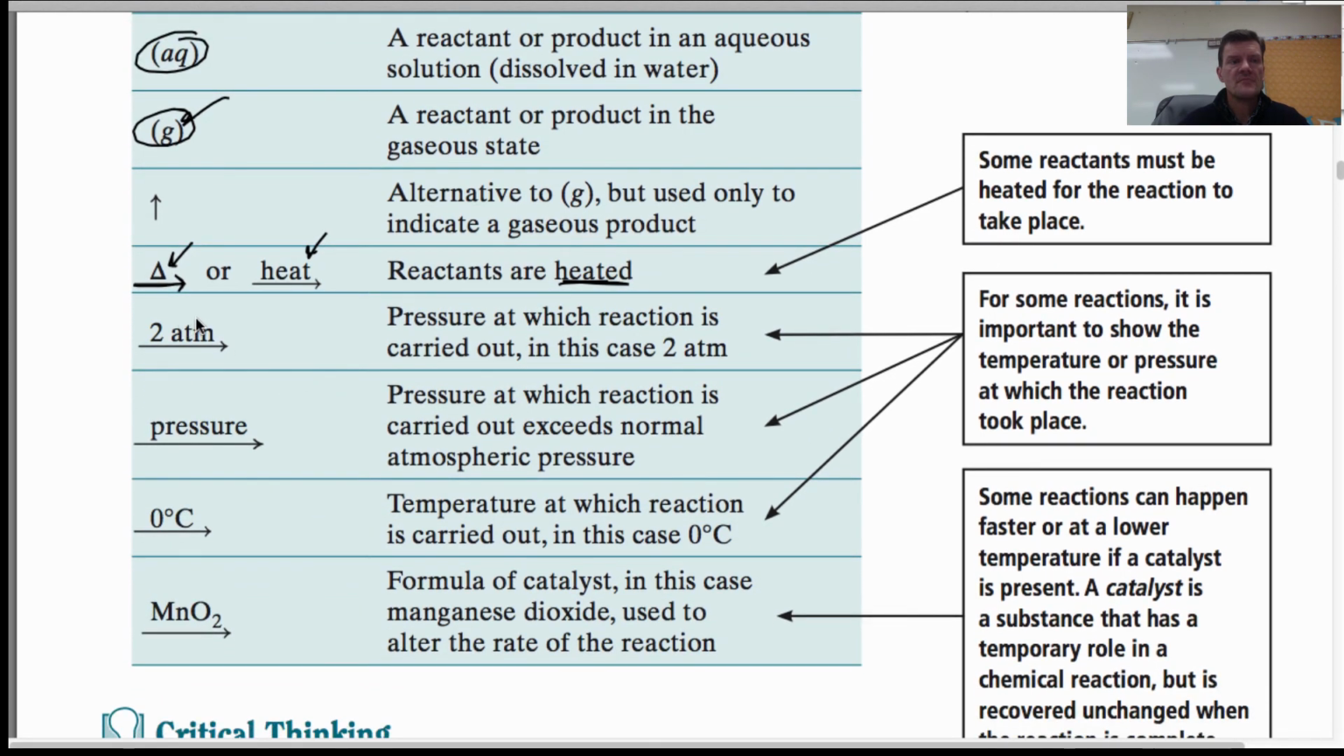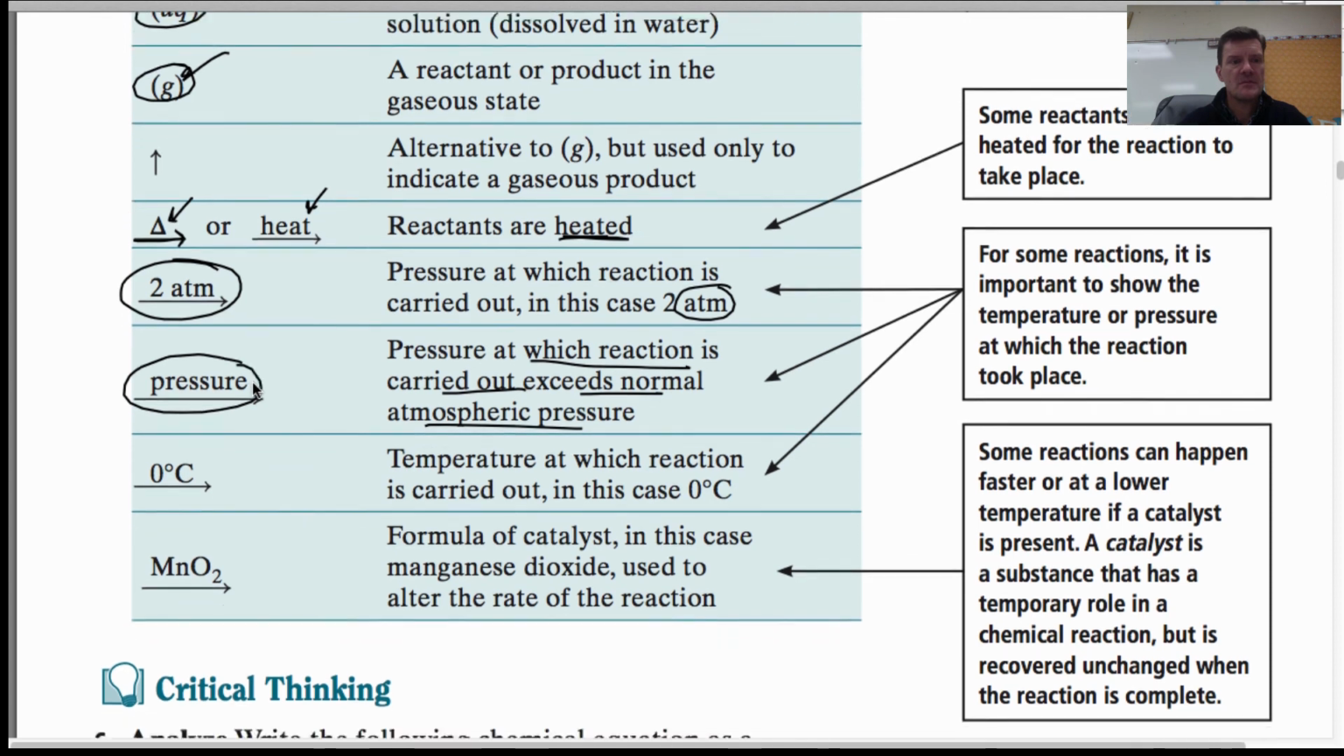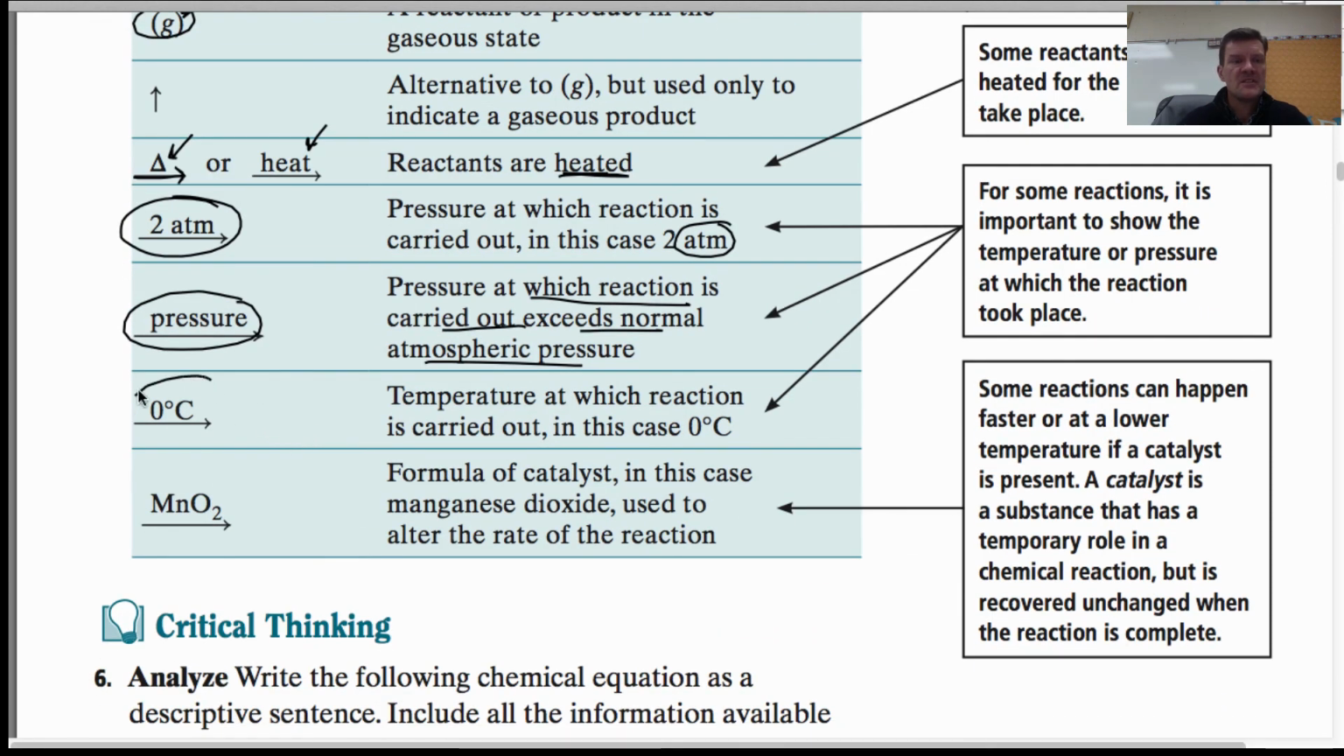This is showing you under what pressure the reaction is occurring. If you see 2 atm, atm is a measurement of pressure. Or you could just write here, the pressure at which the reaction is carried out exceeds normal atmospheric pressure. It just means that there's pressure greater than what would normally occur in the room or in the atmosphere. You might see an actual temperature, just telling you what temperature it is reacting at, or you